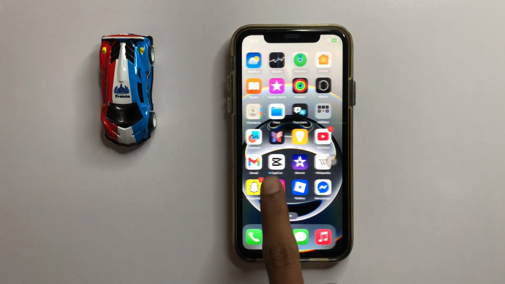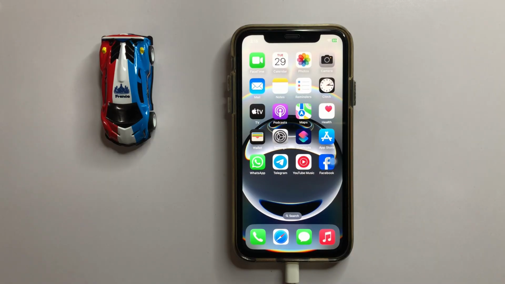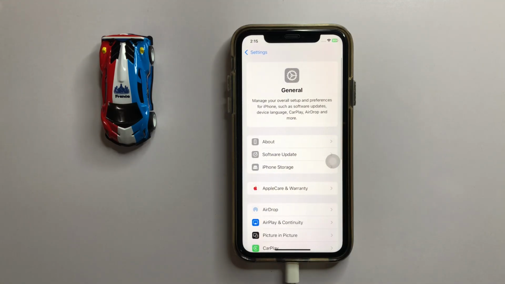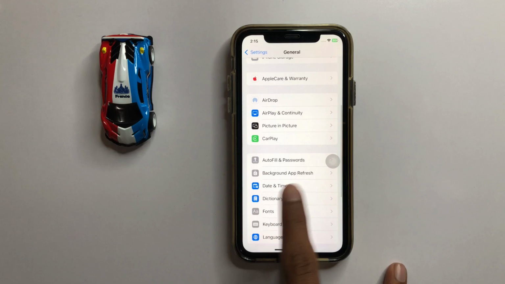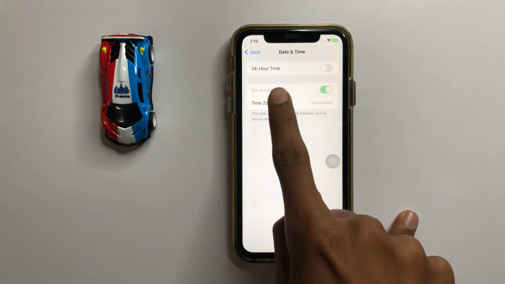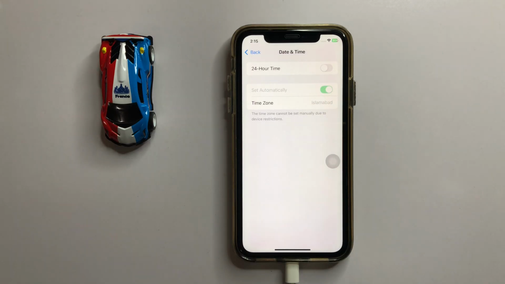First of all, if you want to fix this problem, then firstly open your settings. In settings, click on general and then scroll down and click on date and time. Now here you can see set automatically date and time is grayed out, and if you want to fix this